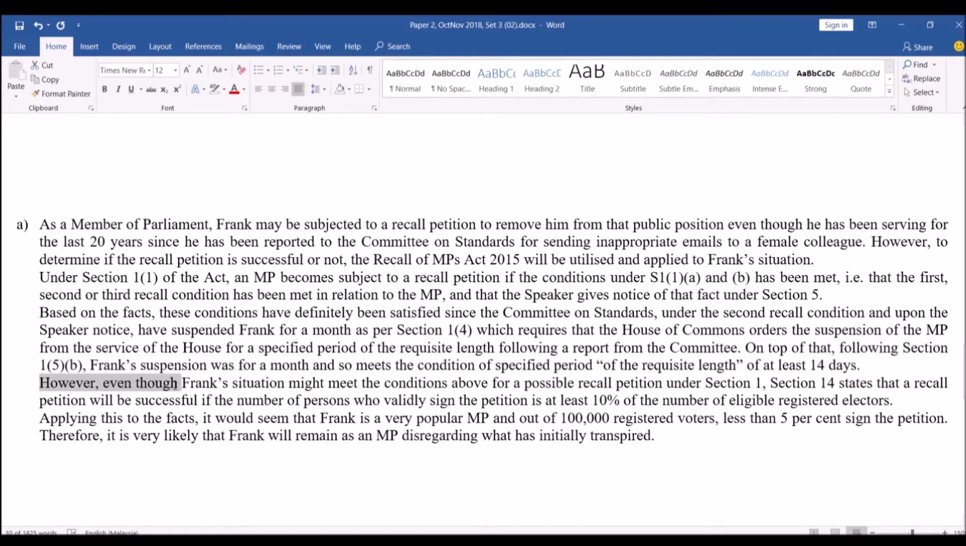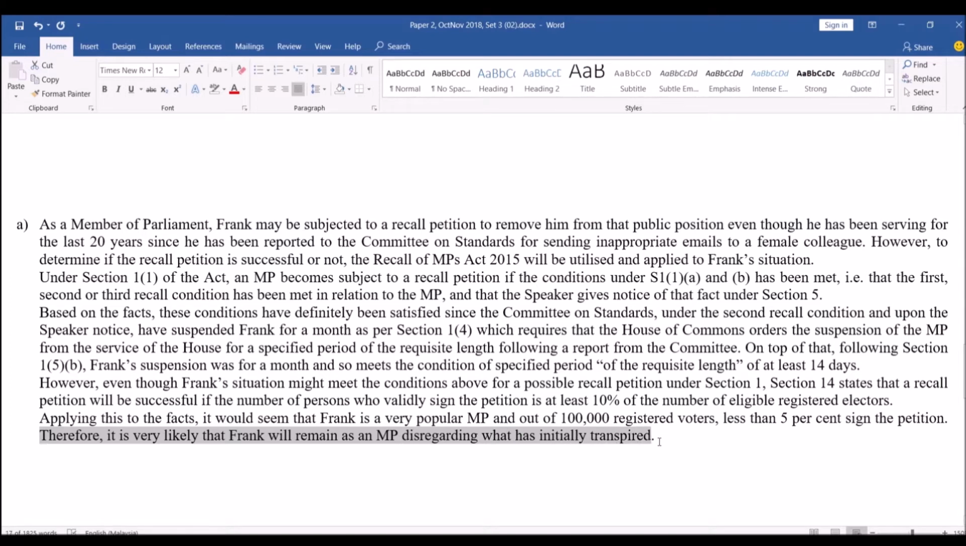However, even though Frank's situation might meet the conditions above for a possible recall petition under Section 1, Section 14 states that a recall petition will be successful if the number of persons who validly sign the petition is at least 10% of the number of eligible registered electors. And lastly, applying this to the facts, it would seem that Frank is a very popular MP, and out of 100,000 registered voters, less than 5% signed the petition. Therefore, it is very likely that Frank will remain as an MP, disregarding what has initially